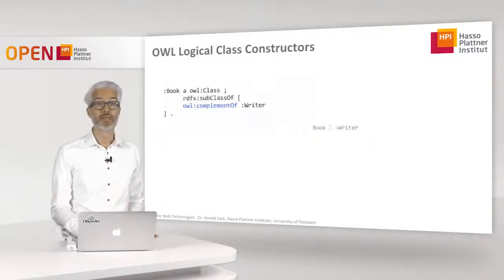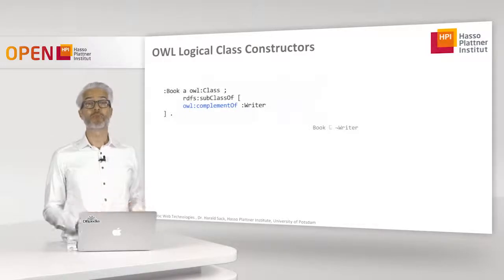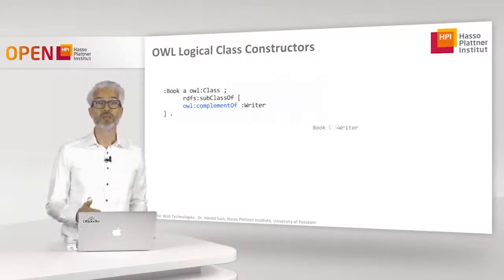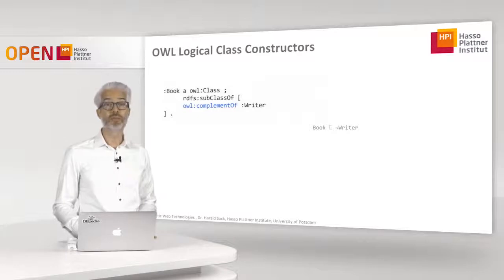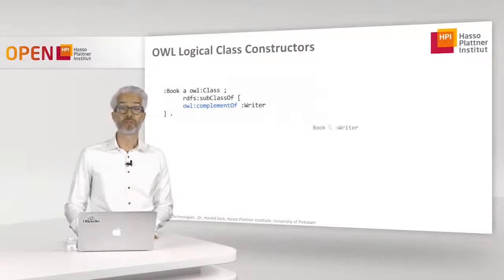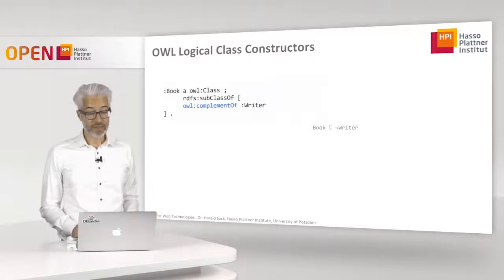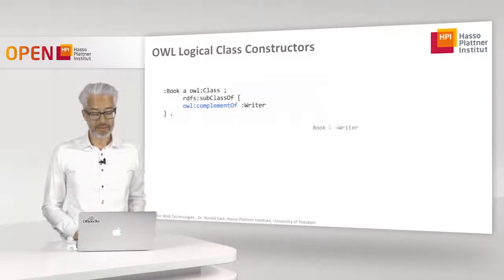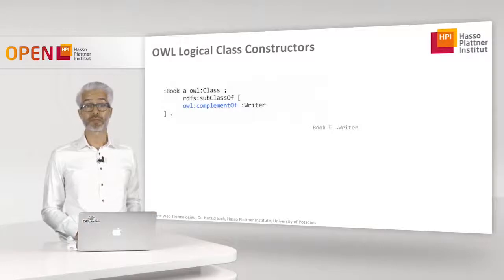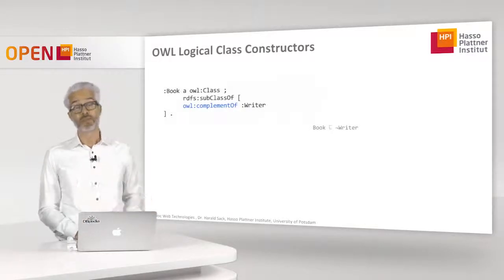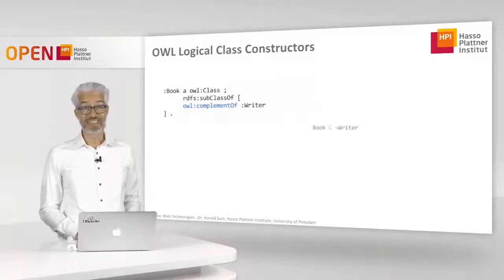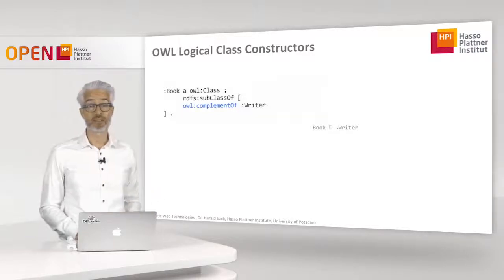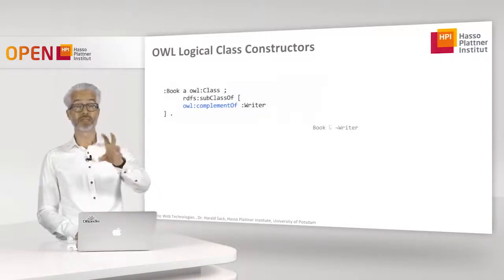So, next thing what we do, we want to use the complement expression. So here, for example, I say that books are a subclass of non-writers. Yes, it's pretty easily defined. So I define a class book, and I say that this is an RDFS subclass of, and then for defining the complement again behind a subclass expression, this is the object, and in the object I first define a